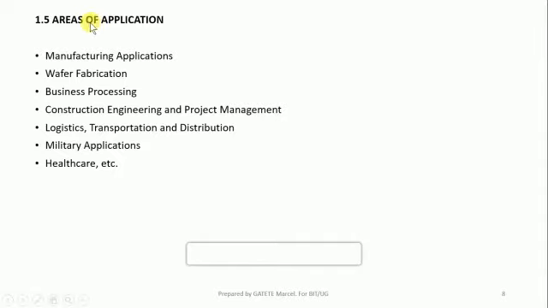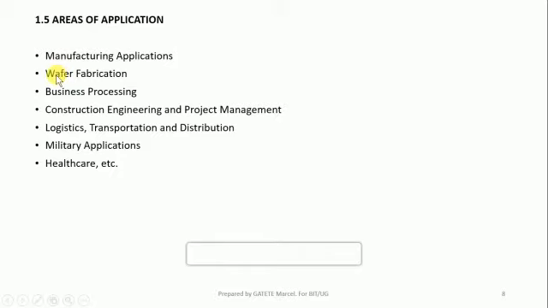Of system modeling and simulation. So we can use system modeling and simulation in manufacturing applications. Manufacturing application means that manufacturing companies, for example, the companies manufacturing cars, computers, can use simulation. Before designing a real car, they are going to use a model and see how the car will be working before designing the hardware of such car.